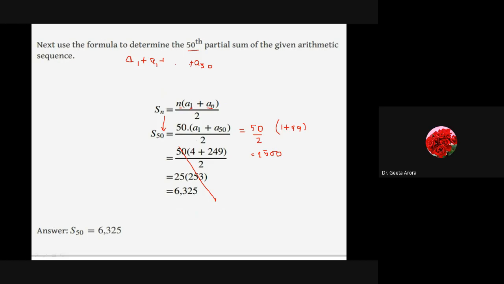Maybe this was for a different formula which is not here, because you can see a1 is given as 4. Maybe some formula is given here and I forgot to copy and paste it, because it is taken from your NCERT book. So there is a mistake, sorry for that. But what we have seen is how to calculate the 100th partial sum and the 50th partial sum. Correct? So this is how we get the answers.